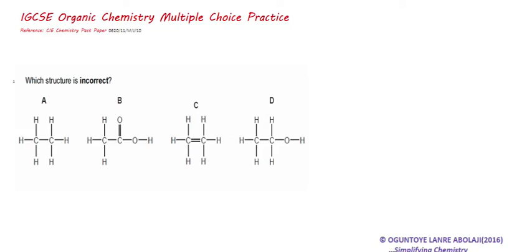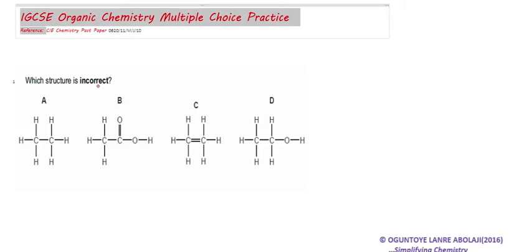The first question: which structure is incorrect? Which structure is incorrect? So let's pick the first one, A. Just look at the way the atoms of carbon are bonded in A, B, C, and D. Now, one thing is very key here that you need to solve this question. You must recall the fact that